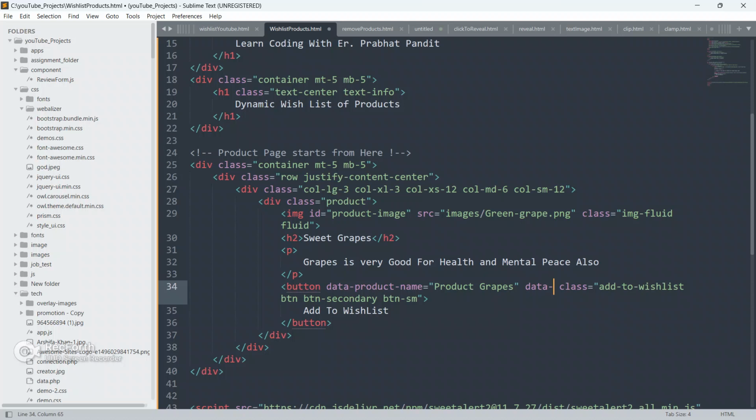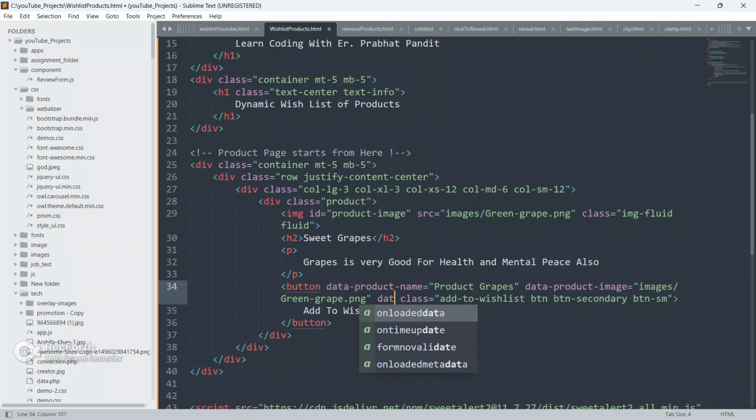And again I am gonna define some more data sets. So data-product-image equal to this image only. So this images/green-grapes.png. So copy from here and paste it here. And now again I am going to define some data sets on the button element only.